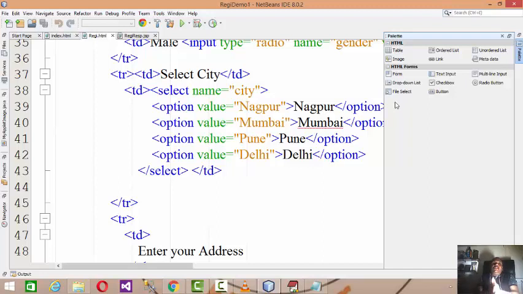So whenever the web form is loaded, for example your registration form, your login window, or any other form, if you want to post data to the server, and then the server will process that data and develop the response, for that reason you have to develop the web form. So while designing web forms, there are various HTML controls you are using: the form, text input, multi-line input, drop-down list, checkbox, radio button, file select, and button. As I said, file select is used for uploading a file, but that needs different server side code and a different interface. That's why I skipped file select.